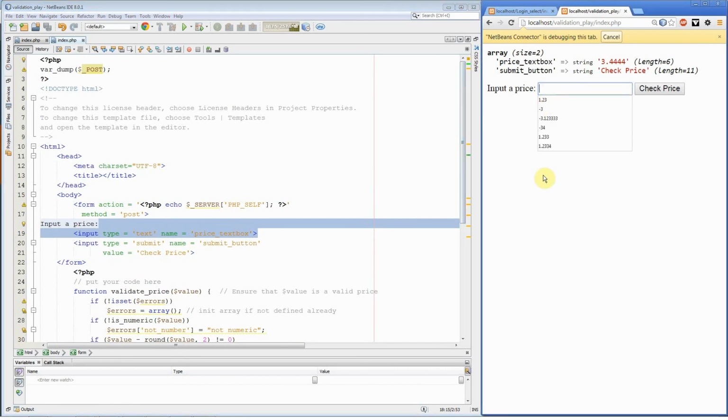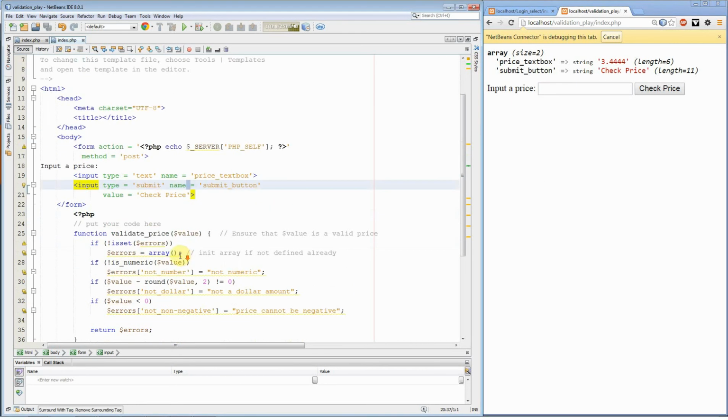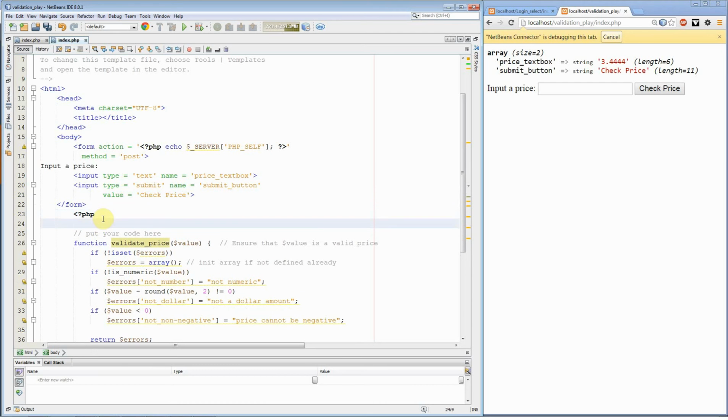check to see if this is set with something. If this is set with something, I'm just going to check to see if it's a valid price. How am I going to do that? I'm going to use the validate price. So let's have it print out afterwards. We'll have it print out afterwards. Under here, it doesn't need to be in the form, so I'm going to do it after the form here. Not input anything. I'm going to say if